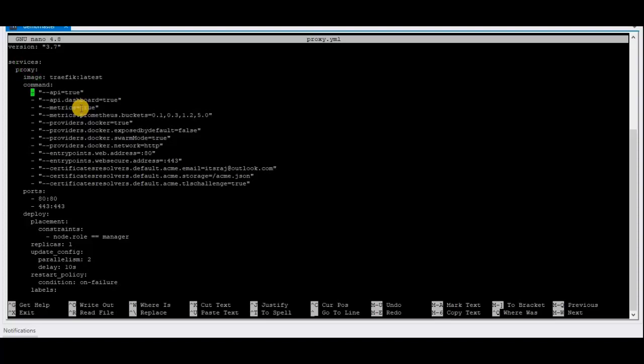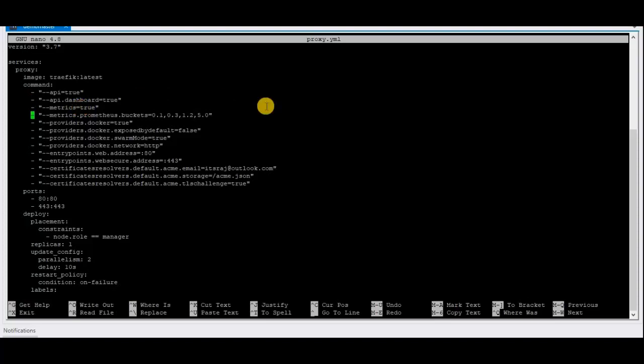For the API, we are going to set it to true to get the log files or all the files from the containers and dashboard. If you want to access the Traefik dashboard, you need to set dashboard equal to true. For metrics, if you want to see some container metrics in the dashboard, you need to enable metrics equal to true.